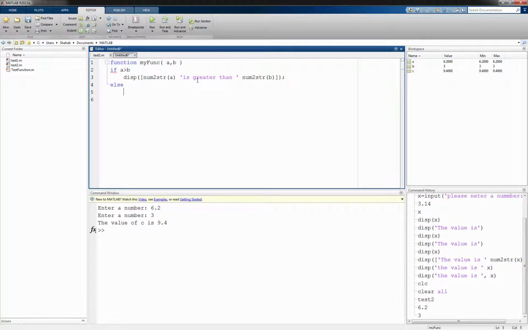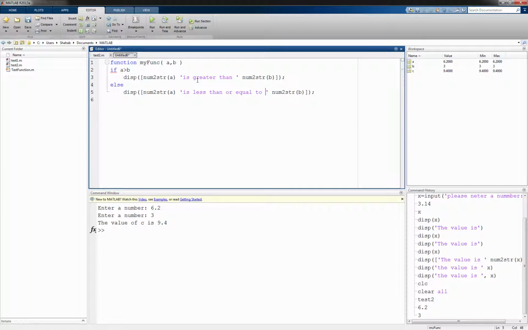Else, in the case of else, we can copy and paste what we have in here. Then we say that number b is greater, or we can keep it as number a is less than or equal